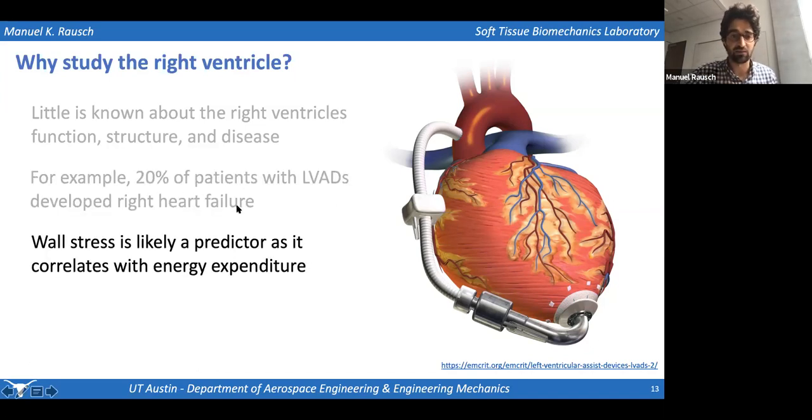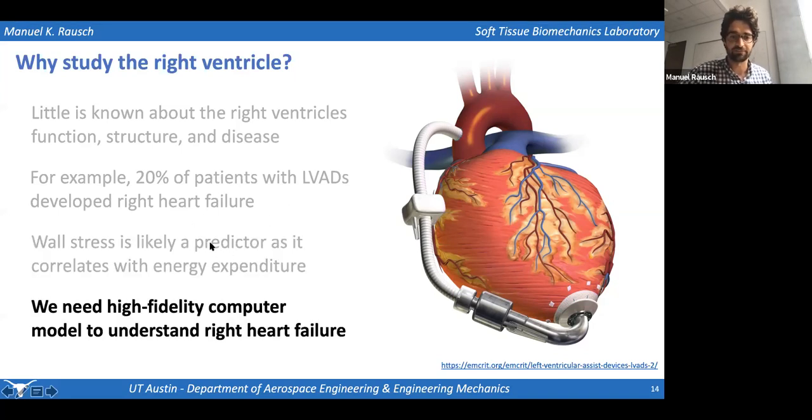It is likely that wall stress could be a predictor for this kind of failure, given that wall stress is correlated with energy expenditure. The idea is essentially that the ventricle, the muscle, produces tension, and to do so, it needs energy, which depends on oxygen. In other words, if we need to produce more tension, we increase the stress, and we need more oxygen. And if the ventricle fails, that is often related to a lack of oxygen being provided. So wall stress could be an interesting predictor that hasn't really been looked at, in particular when looking at LVAD-induced